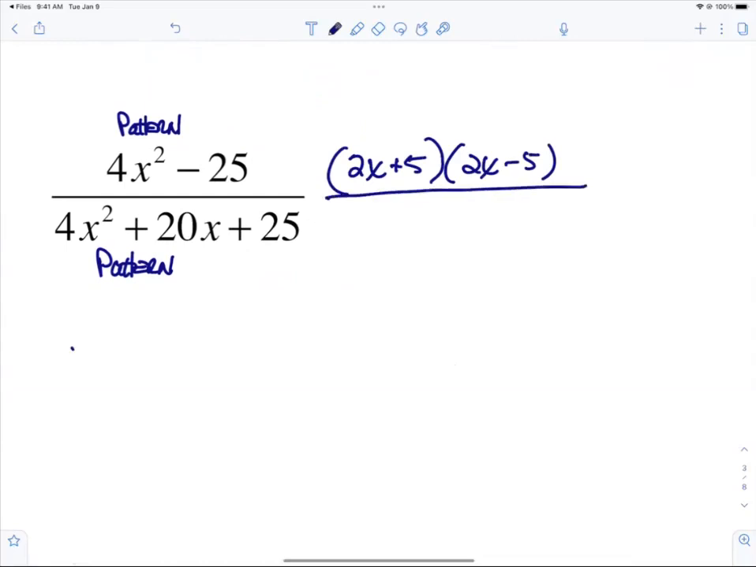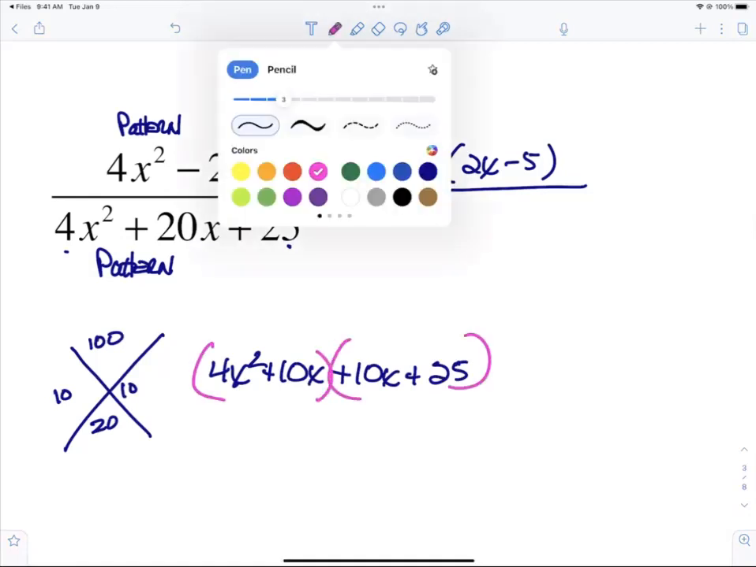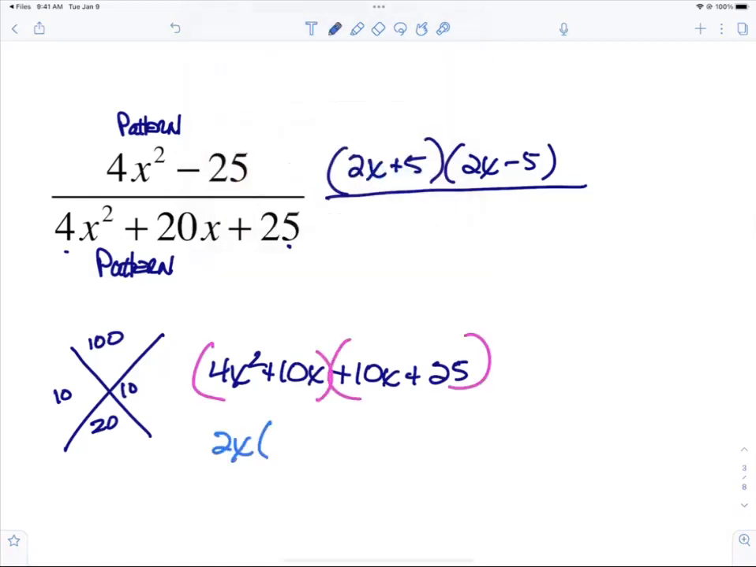In the denominator, 4 times 25 is 100. I'm looking for factors of 100 that sum to 20. That's going to be 10 and 10. And if you rewrite this, rewriting 20 as 10 + 10, and then introducing your grouping symbols in, removing what's common, 2x, leaving you with